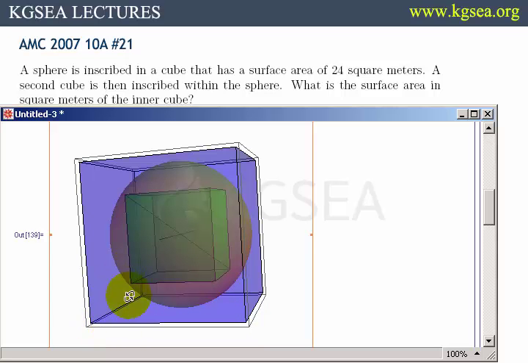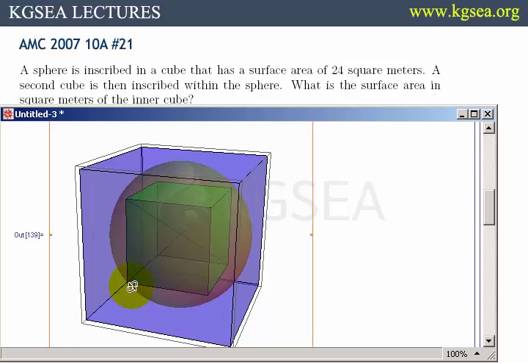Now, suppose this length of the inside cube was 1. Then how long is this diagonal? Well, it's 1 and 1. It makes a right triangle. So this diagonal on the floor of the inside cube would be root 2. So the diagonal under is root 2. Height is 1. So therefore, this inside space diagonal would be root 3,